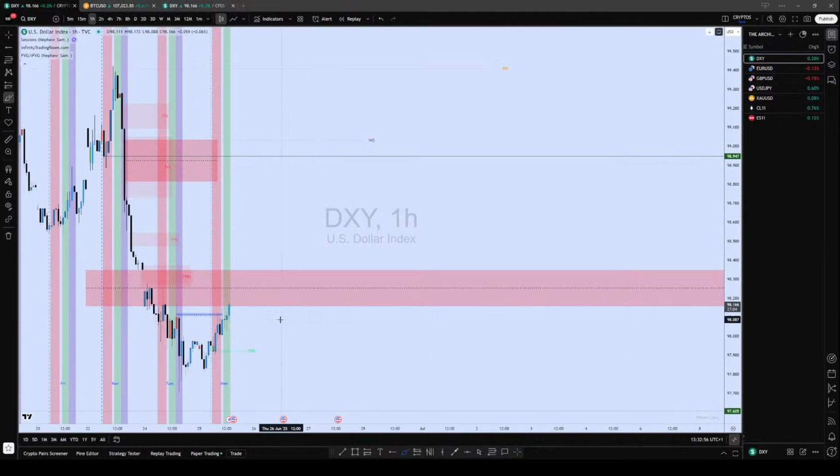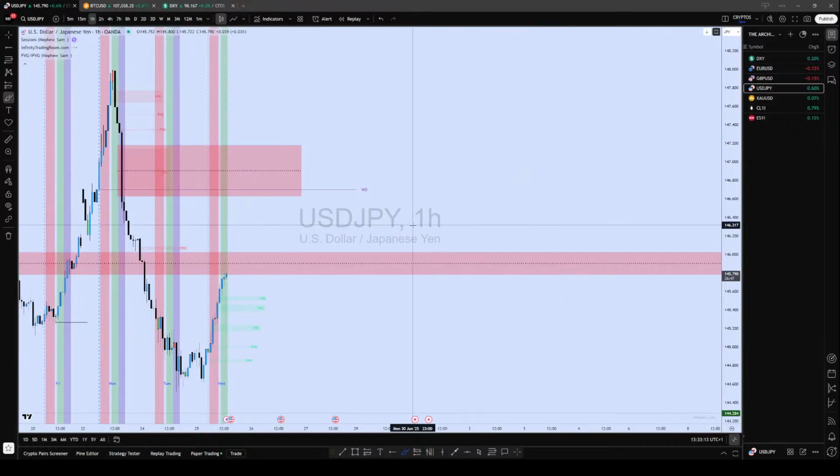Back to this. Watch the dollar and see if by 2 p.m. we get a rejection. If we get it, then you start looking for longs on the euro and then the pound, especially the pound, and then with dollar yen, wait for rejection, then you start looking for the sell. If you don't get it, just stay put, be patient, eventually it will come and you can take it.